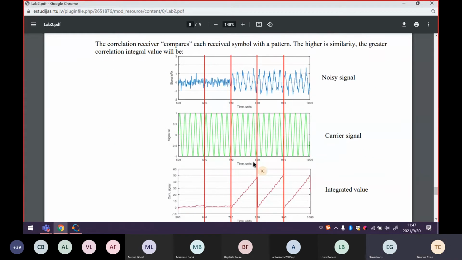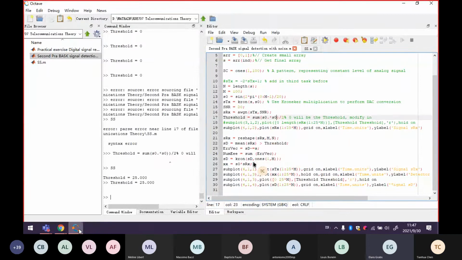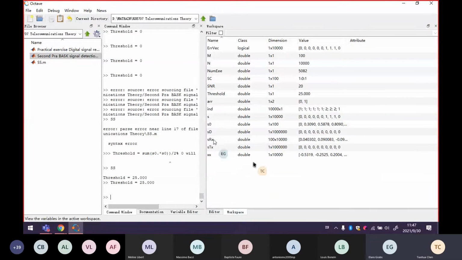So let us try and do this, let us say, on the fly, because this wasn't in the task and you don't necessarily have to make this, but well, let's try and do this. So first of all, I'd like to see where is the workspace. And in the workspace, your signal XX is